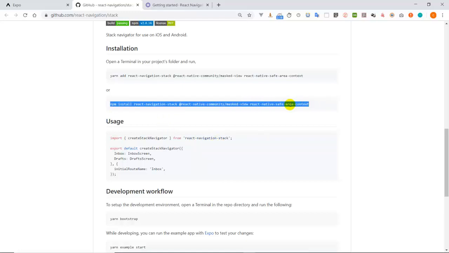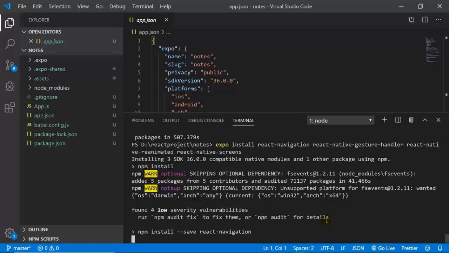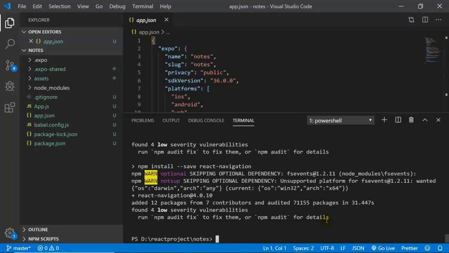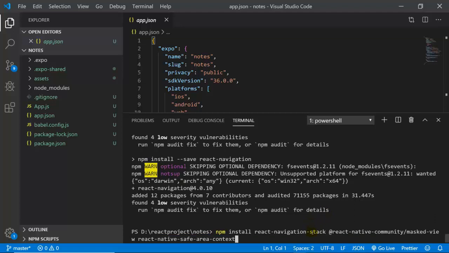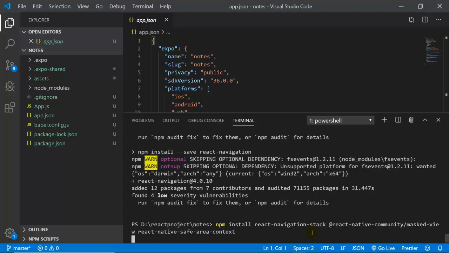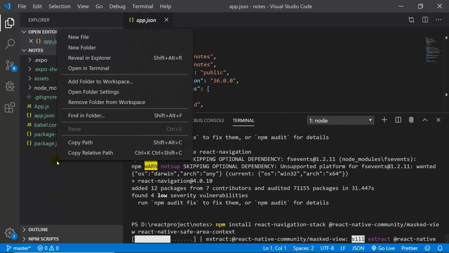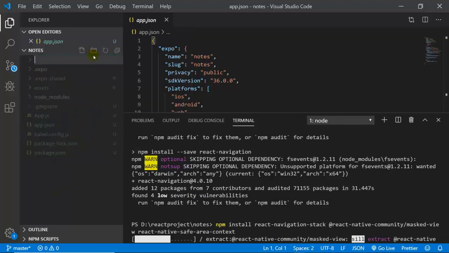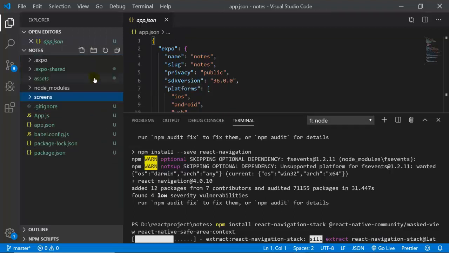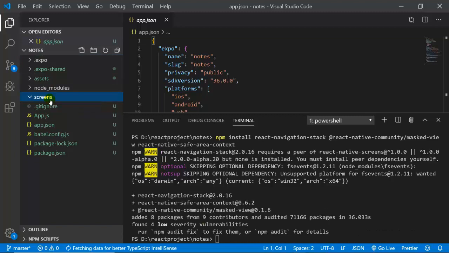we also have to install this package. So we also have to copy this one and then paste it in the terminal and press enter. Now at the same time we can create a folder called screens,